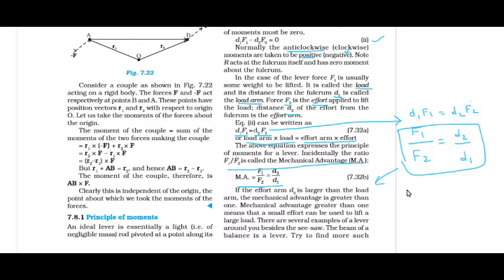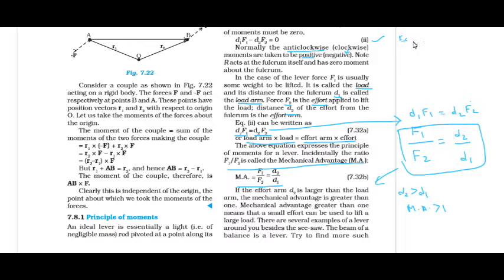So if d2 is greater than d1, then mechanical advantage is greater than 1. Why? Because let us put in values. For example, if d2 is 2 d1,